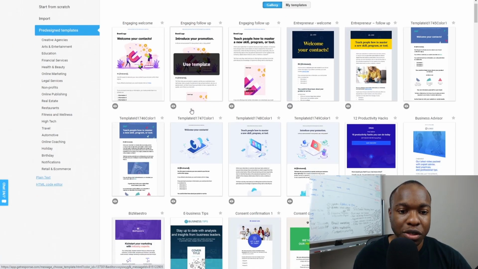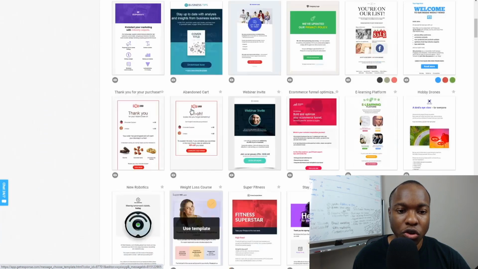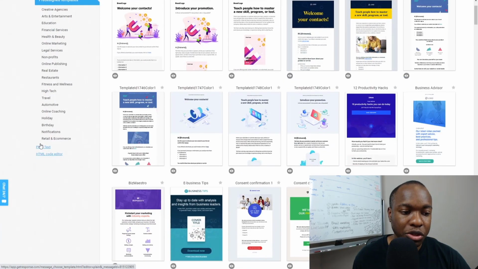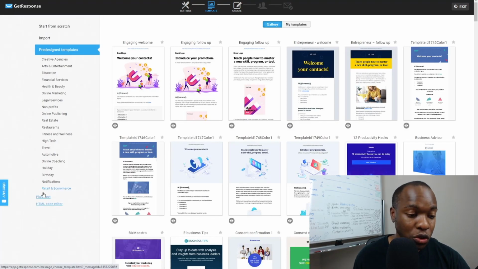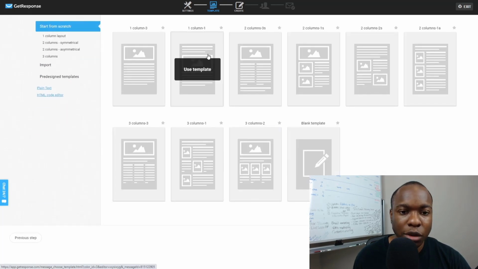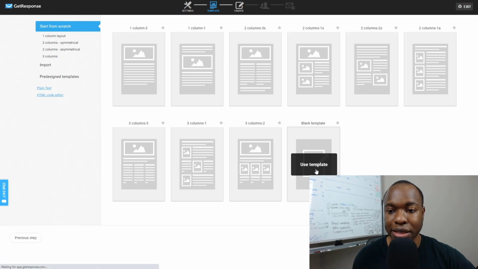Again, it's going to ask you for a template. I personally don't use any straight template. So I'm just going to come here where it says plain text, because I just want to use a plain text editor, but actually I don't want to use plain text. I just want to use a template with nothing in there. So I'm trying to see if they have the start from scratch. There it is right there. So you want to start from scratch. I'm just going to use a straight blank template, and